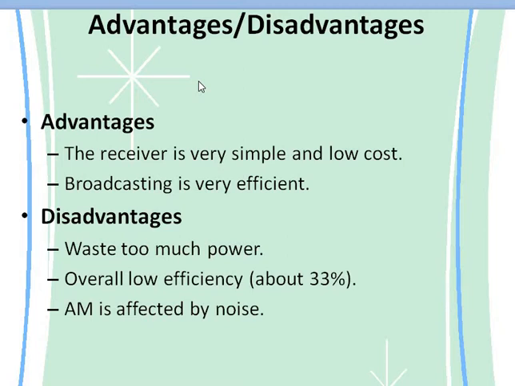because in olden times there were so many amplitude modulated radios used for army purposes. The disadvantages are wastage of carrier power and wastage of sideband power, because we have three types of signals going through a single channel. So there is so much power wastage. Overall the efficiency is very low as compared to FM and some PSK and digital communication systems. The AM, because it is amplitude, is affected by so much noise.